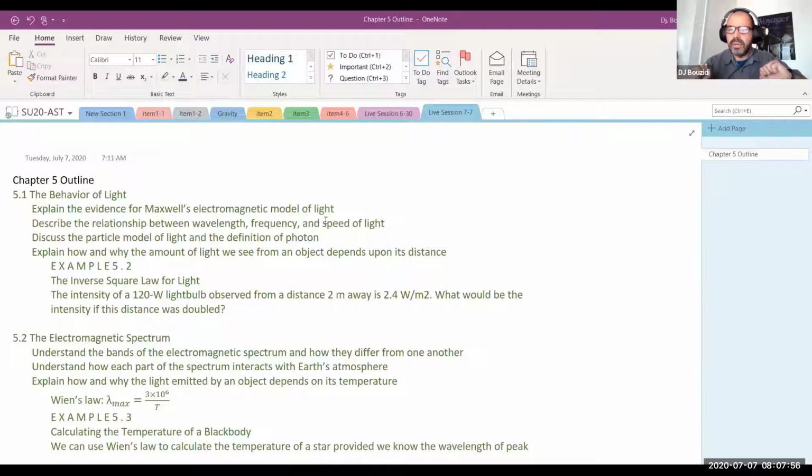Of course, Galileo did not really have a clock or a watch to measure the time between these two. In his thinking, if I cover my lantern, the light will be gone, and it will take some time to travel that whole mile to his friend, and his friend will react by covering his. If he can measure the delay between these two actions, he should be able to find the speed of light. All he has to do is divide a mile by that time, and he has the speed of light.